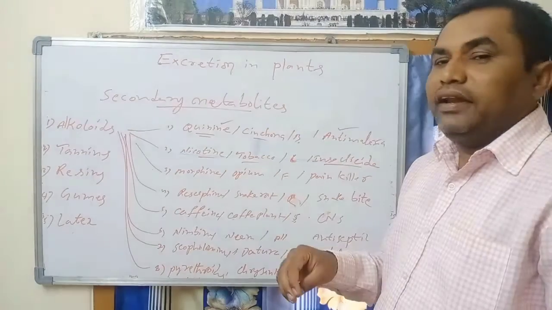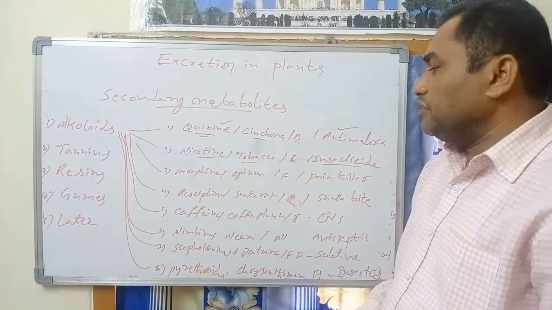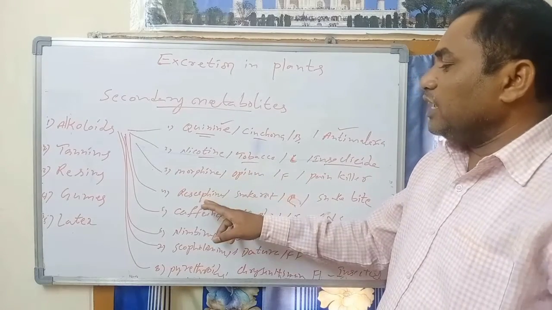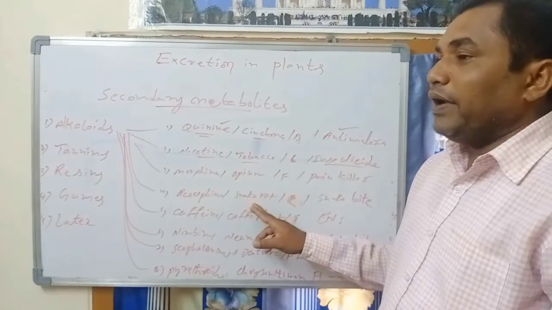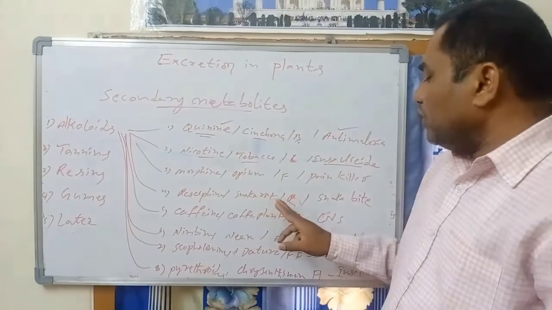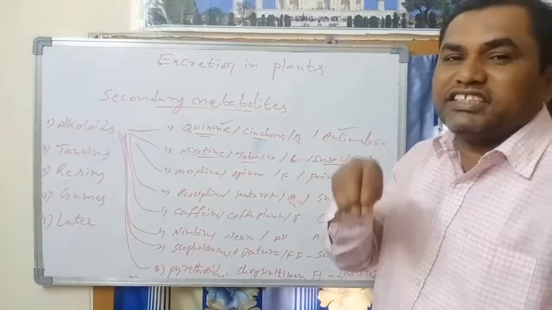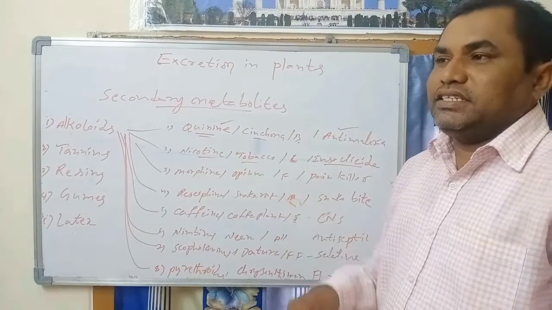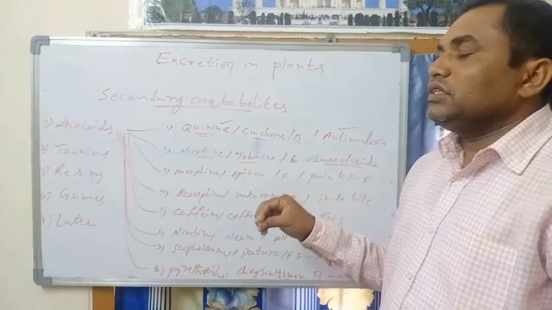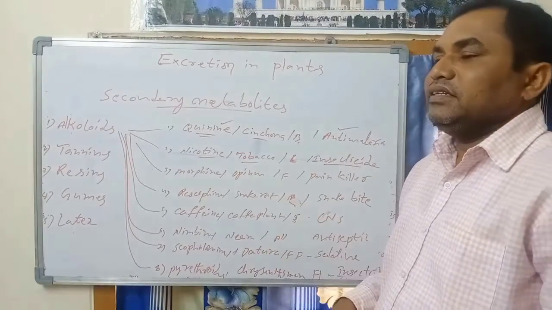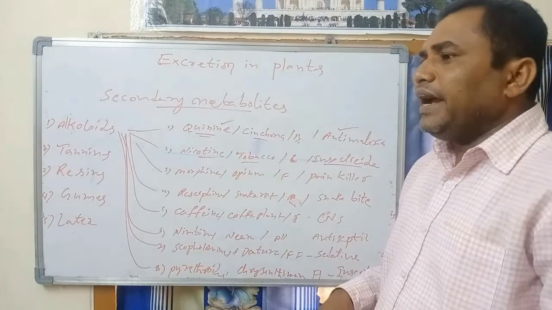Painkiller, reduce the pain, they should use this one. So next go to that reserpine. Reserpine is an alkaloid which is obtained from the snake root plant. From the roots of the snake root plant, which is used against snake bite. Whenever a snake has bitten, these roots are collected and a solution is prepared and used